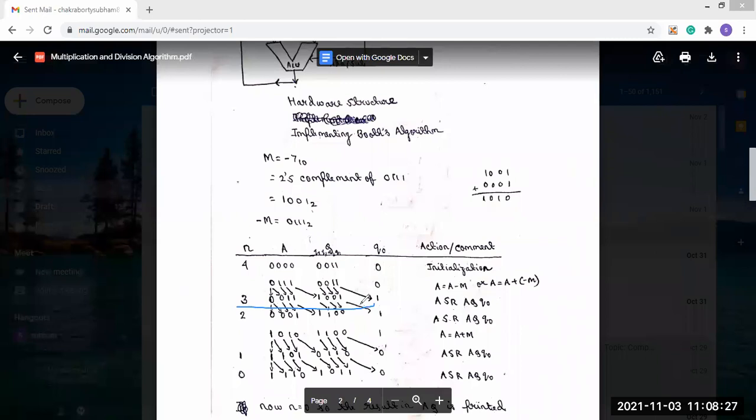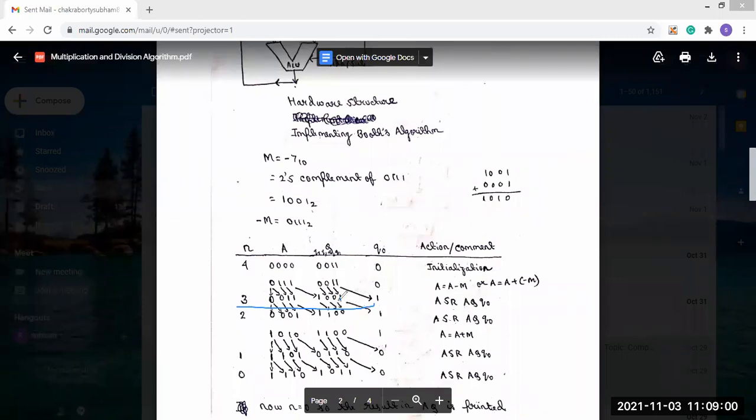So 1 1 means what? 1 1 means we have to directly do the arithmetic shift operation. According to the flowchart, if it is 1 1 or 0 0, then we directly shift one position right. So here Q1 and Q0 is 1 1. That means we will have to perform the shift operation again, and n equal to n minus 1 will be performed. So that means now again right shift.